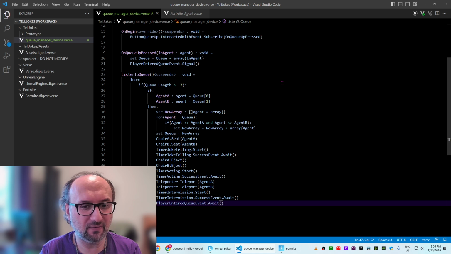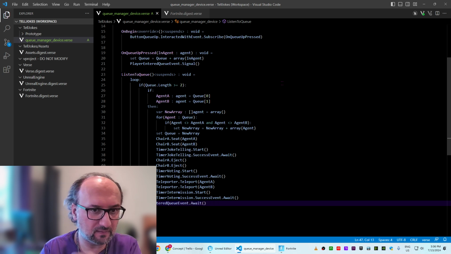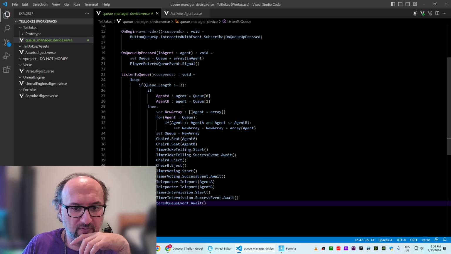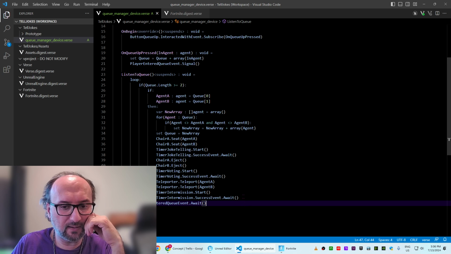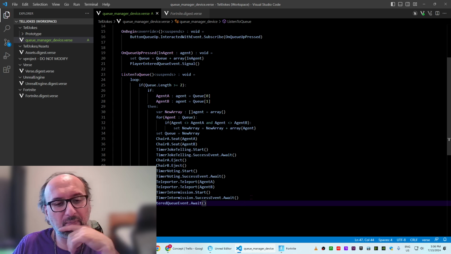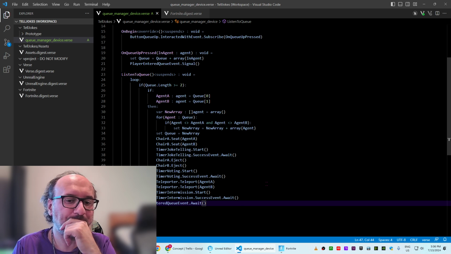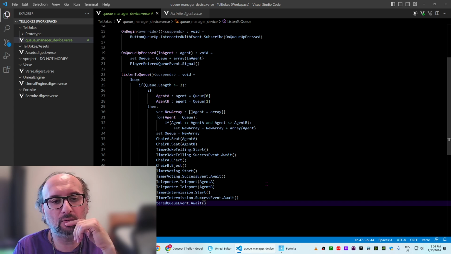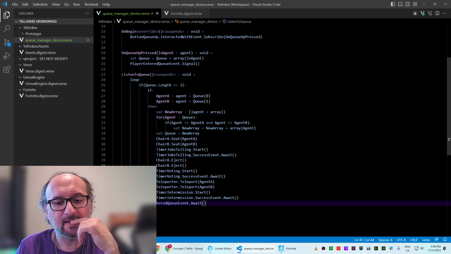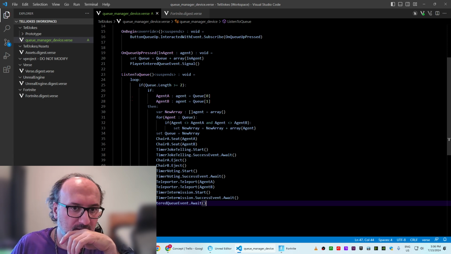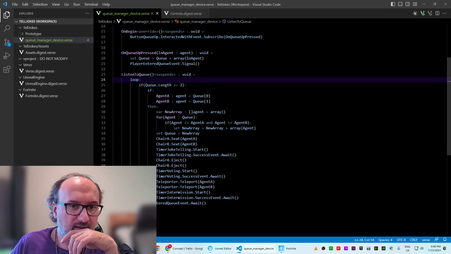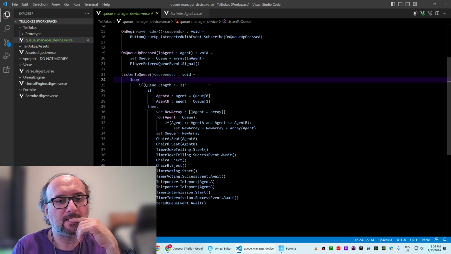But actually, even if I do this, in my loop I first check if we have enough people in the queue, and then at the end, no, that's basically the same thing, sorry. So what I would need to do is, if we are finished, oh no, I know. If the event is done,